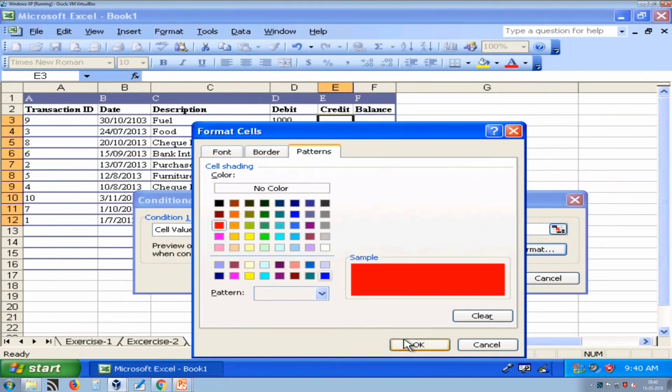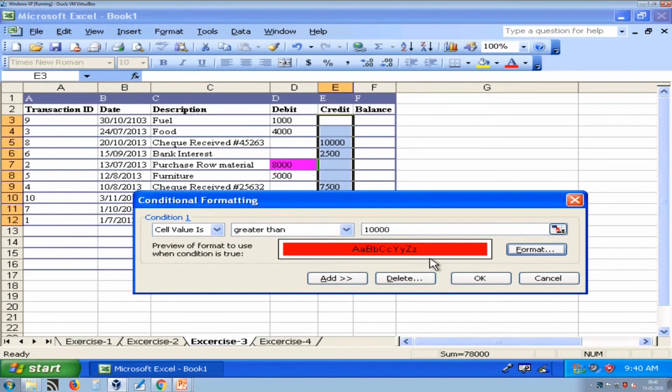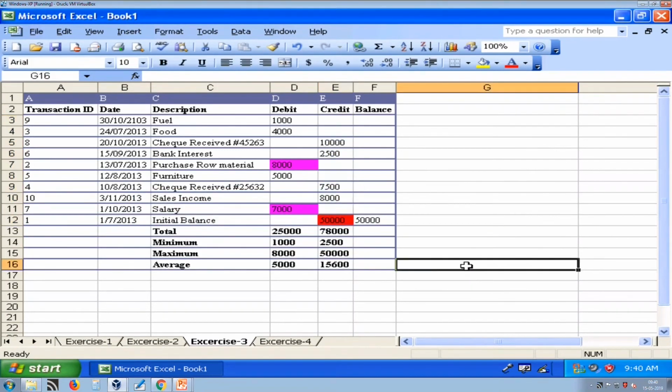So, here is the red background. So, I simply select red and then press OK. So, here you can see there is one amount which is greater than 10,000 and which is highlighted using conditional formatting.